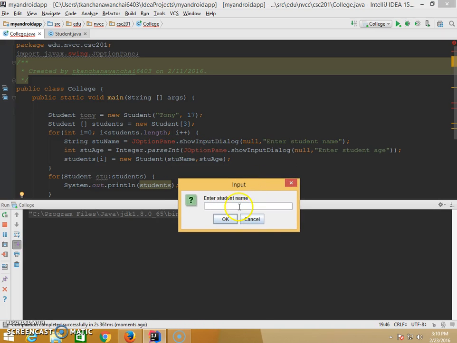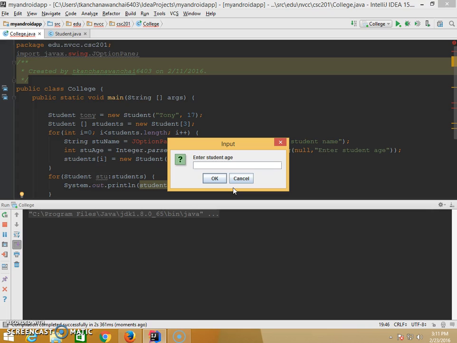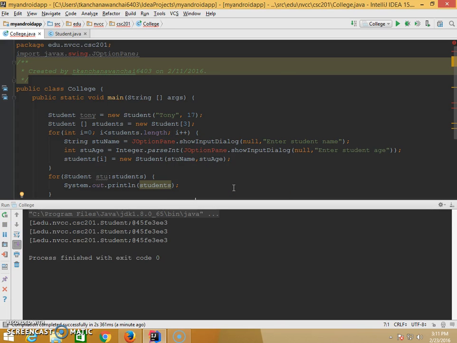There you go. So we have the option pane showing up. Student name, student age, I'm 17. Student name. Alright, so tell me your age then. Chris. Okay. Student name, James. 20. Alright, so it happened that when I print this,